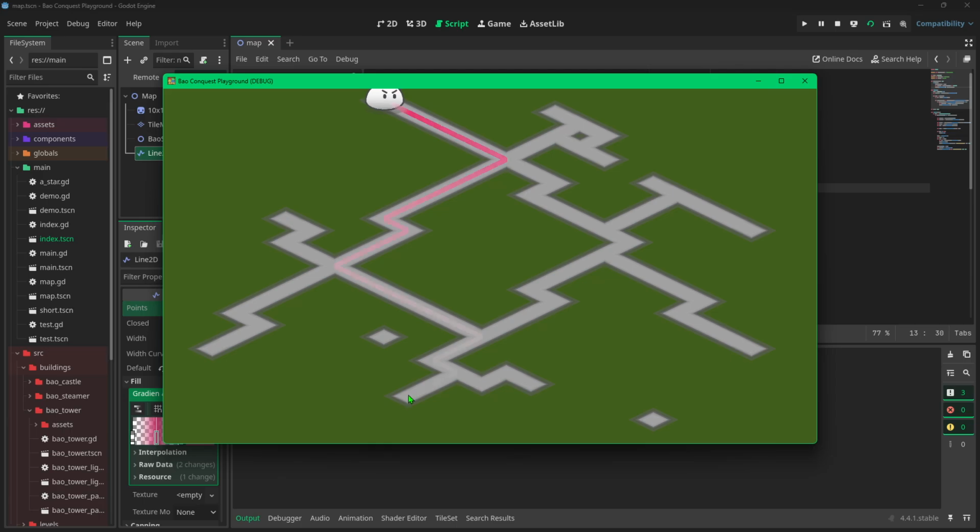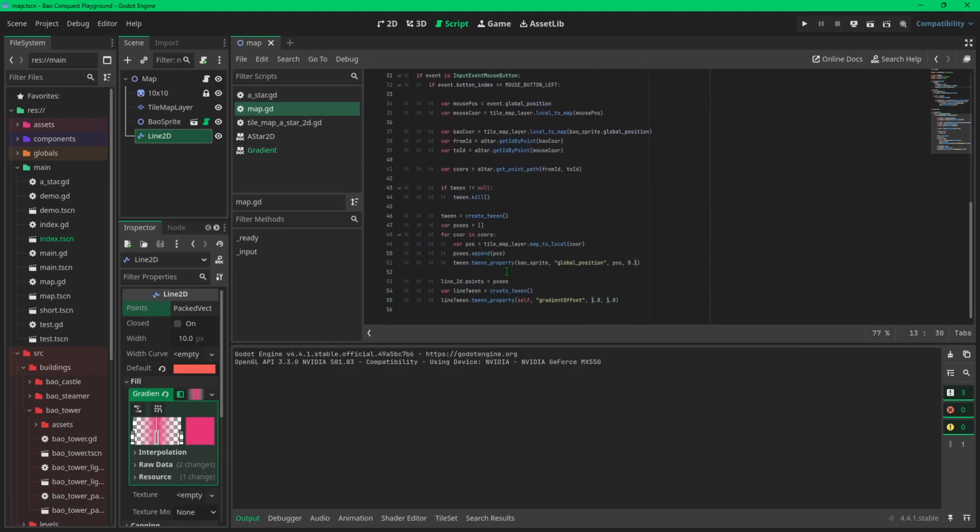From here, click here, and we can see the gradient animation move very fast and only move once because the offset is now 1 and we never reset it to 0. So go back to our code. After the tween completes, we can call a tween callback and write a one-line lambda function, and we set this to 0 again.